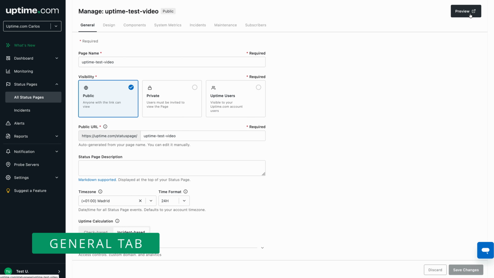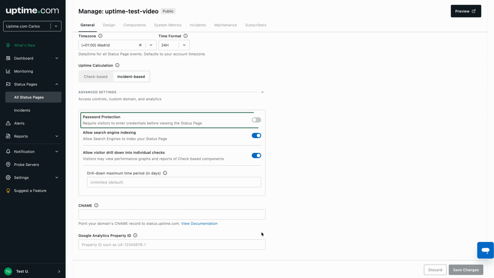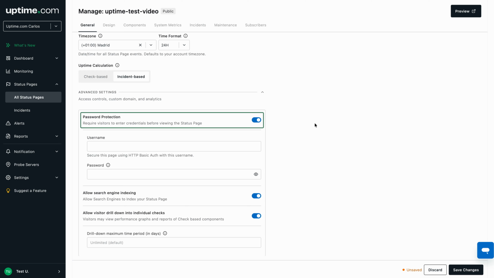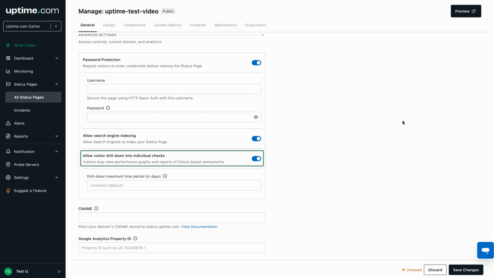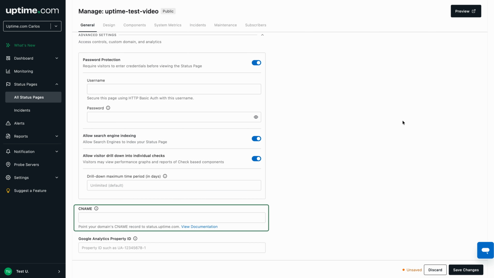Once your status page is created, you'll land directly on the General tab. Under Uptime Calculation, you can choose between check-based or incident-based calculation. Under Advanced Settings, you can enable password protection to require visitors to enter credentials before viewing the page, toggle search engine indexing, allow visitors to drill down into individual check performance graphs,